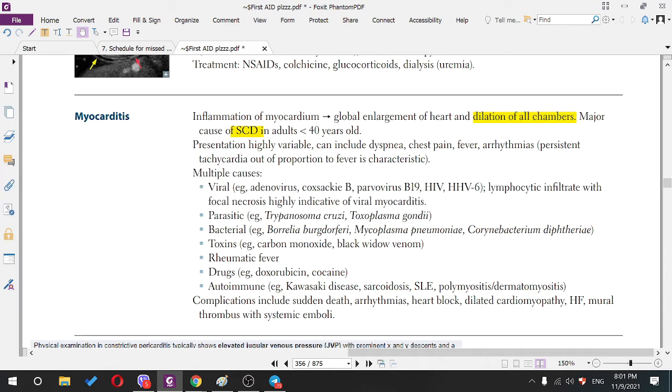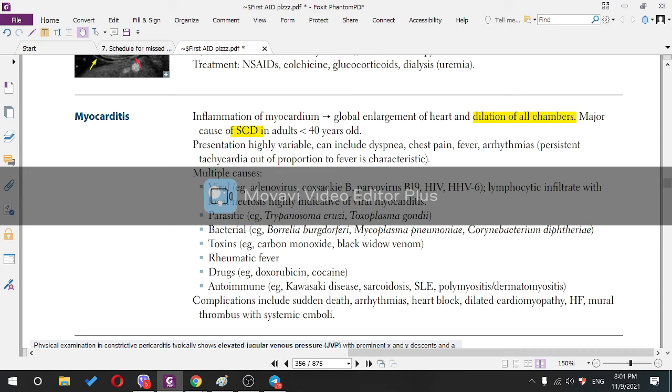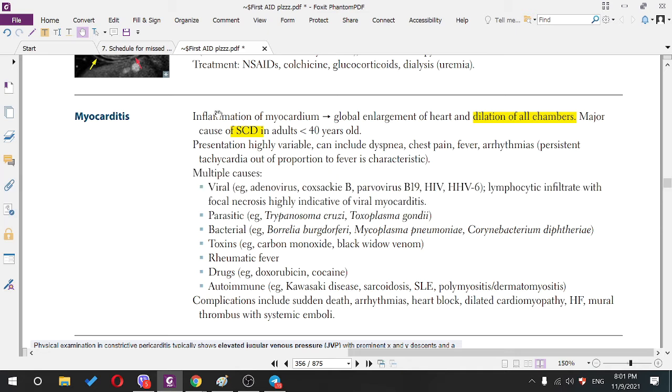What about this sound? What is it? I will keep doing it until someone tells me what it is. They got really annoyed really quick. Okay, so yeah, it's an S4. Good. So presentation is highly